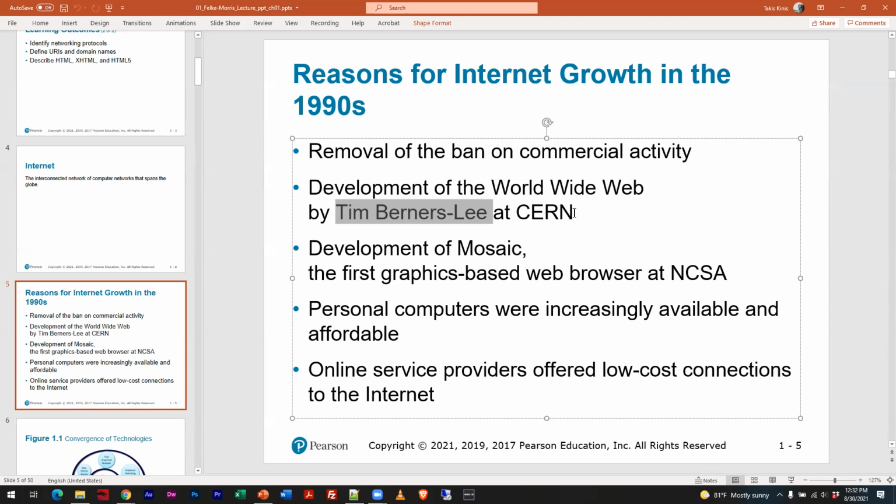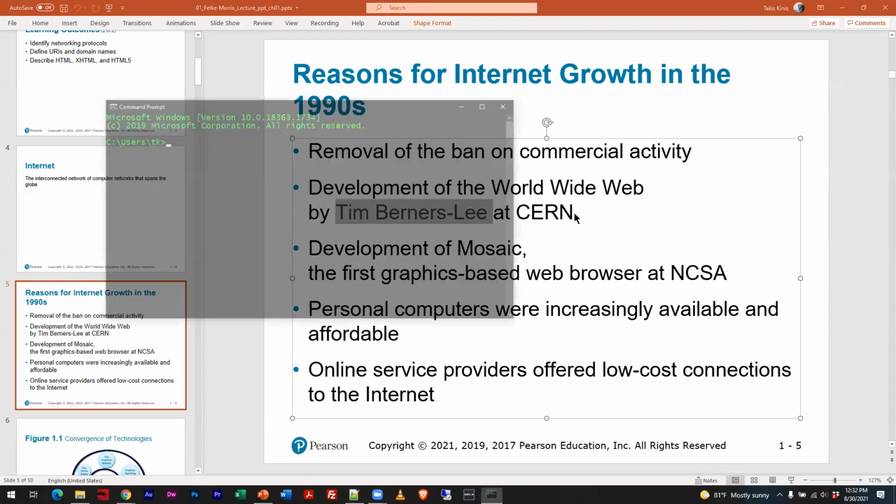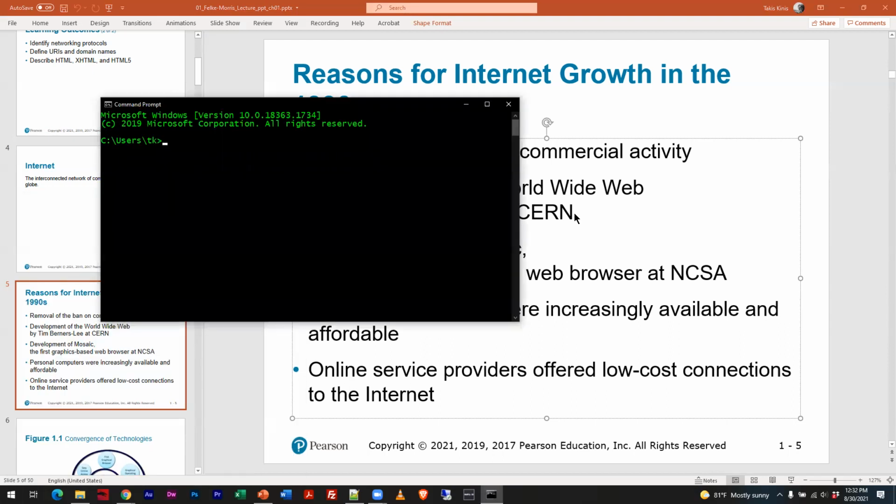So he created what looked like a green screen browser. So it wasn't graphical. He created a green screen browser that allowed you to create web pages that would have symbolic links to internet content. Mr. Tim Berners-Lee